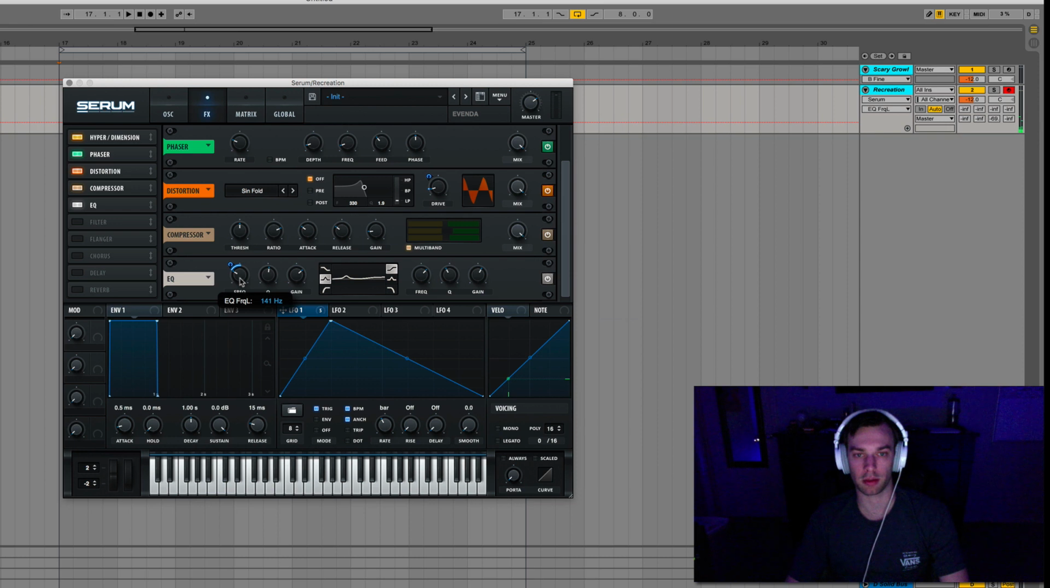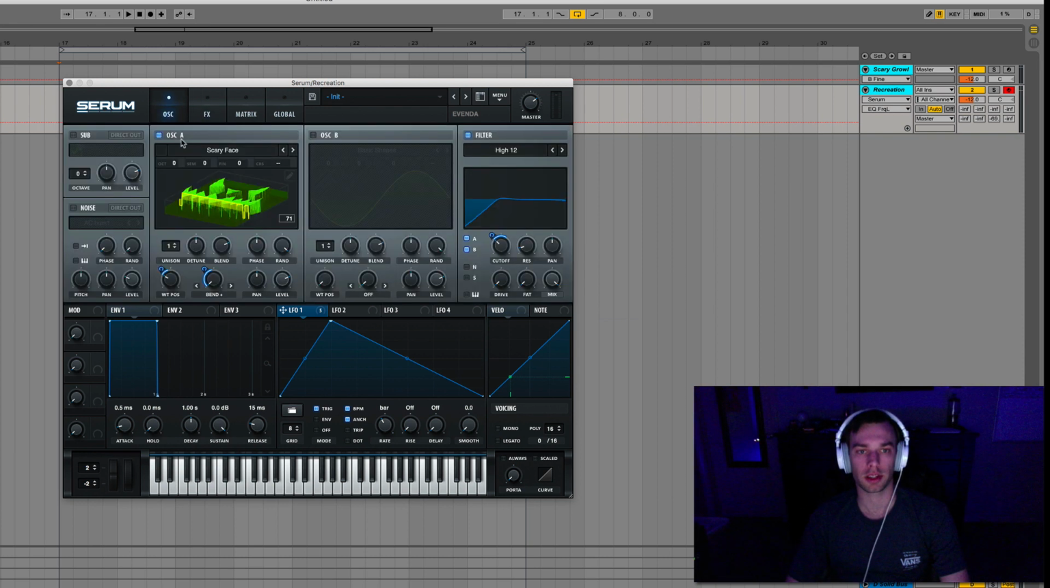So I have it set about 140 and 25 for the LFO movement. We're getting that nice vocally, vowely dubstep growl sound now. The EQ really adds some movement to the sound. I love automating and modulating the EQ. So now we're going to come into oscillator B,